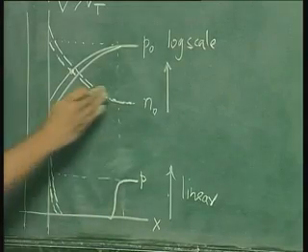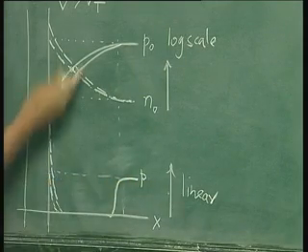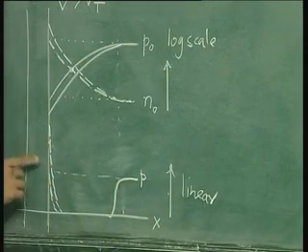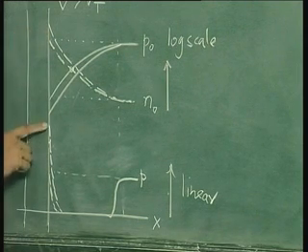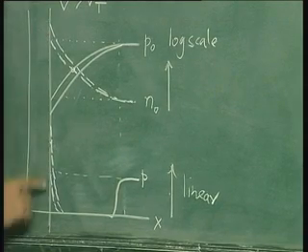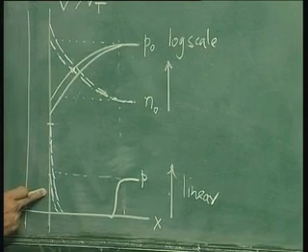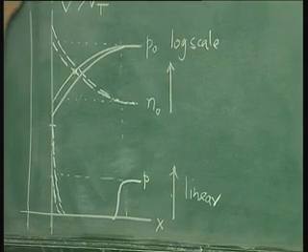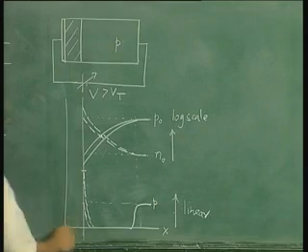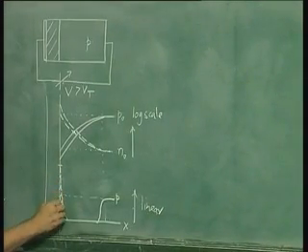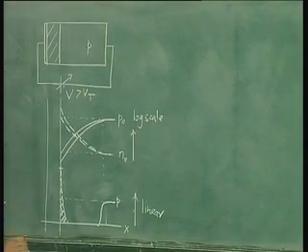To understand why the depletion region does not expand significantly beyond threshold, you must plot this concentration on the linear scale. And there you find that even a small change here on the log scale in the electron concentration means a large change in the linear scale. This is almost a factor of 10. In fact, we have not shown a factor of 10 increase here. If you really want to show a factor of 10 increase, this concentration should have been shown somewhere here or even beyond. So we are not able to show it to scale. The point is that the area under this curve is going to rise rapidly beyond threshold.